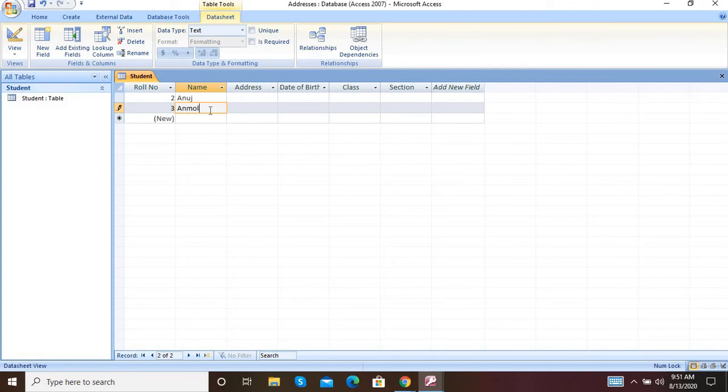See here, our primary key roll number has changed. So let it be, no issue. Third is Rashmi. Next one is Madhur. Then Rohan.